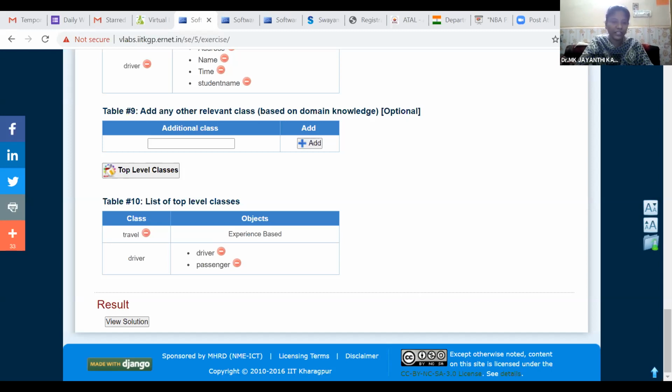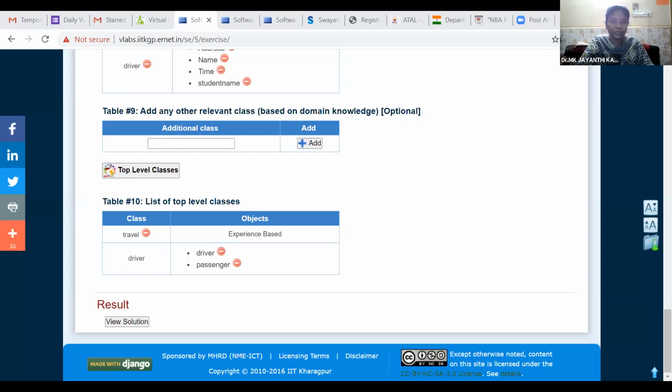So based on the identified classes, the following transactions or events or methods can be implemented. The various transactions which we can create for the given scenario are transaction and payment. The transaction will have transaction ID, parties involved, and time. Payment will have amount, name of the payee, and serial number. So these are the various other classes.